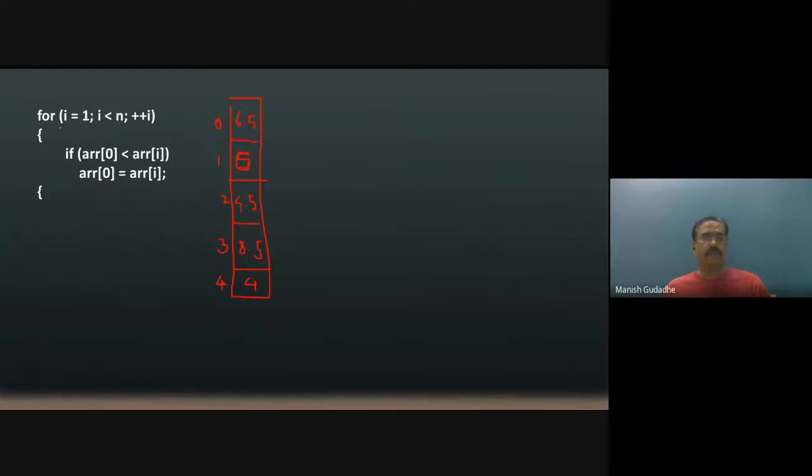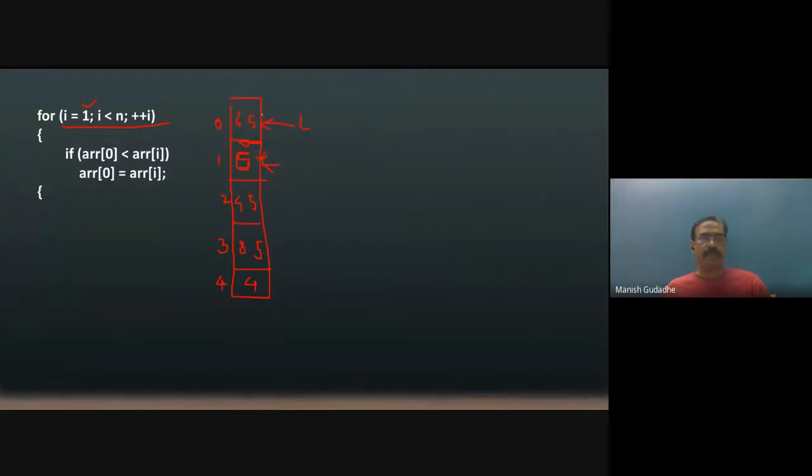Now, unlike the previous one, this array is starting from 1. This array is actually starting from this element, not from this element, because we have assumed that the first element is itself the largest element. So we are not bothered about this. I know that this is the largest element. I am just comparing whether the second is larger or not. If it is larger, then the second becomes the largest one. So what will happen in this case? It will now be touching this element, A of 0. A of 0 is the largest element right now. Let us name it as L.